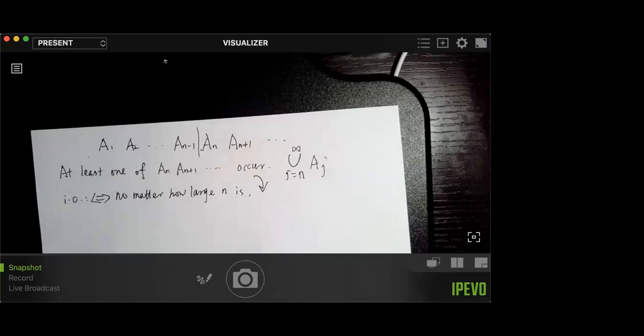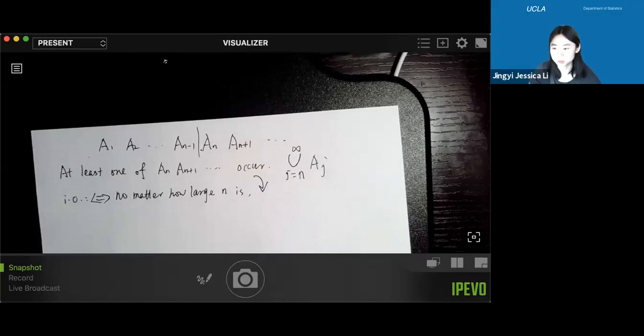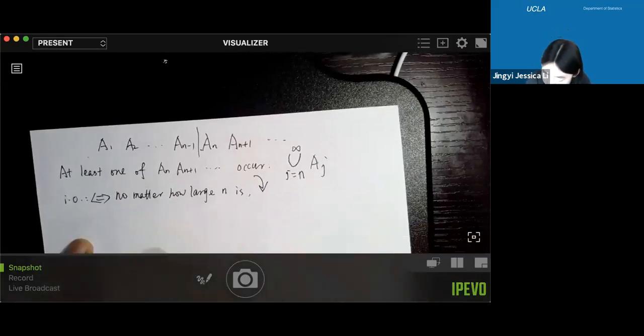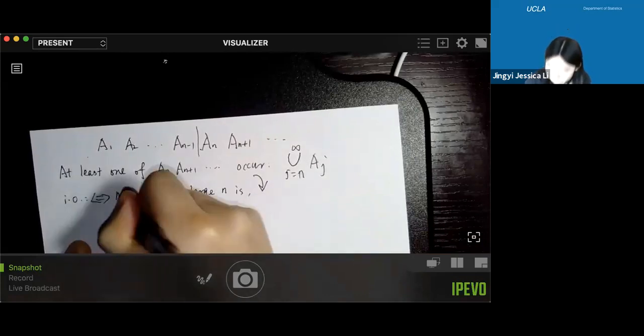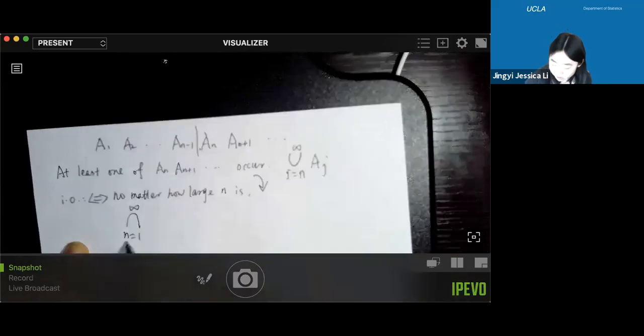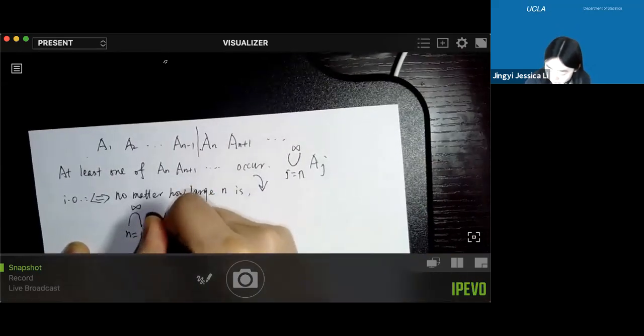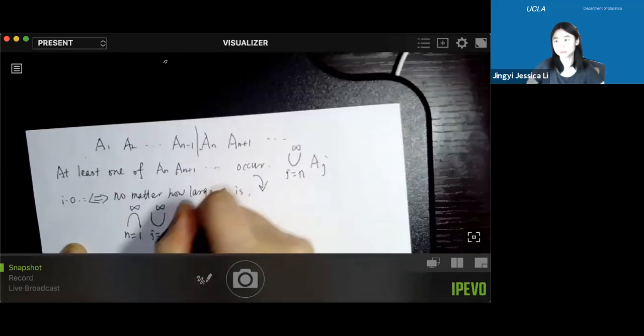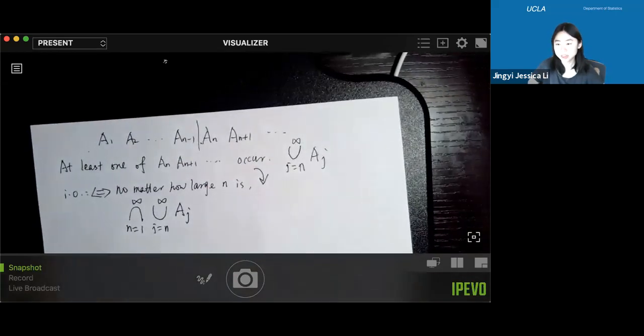Intersection? Yes, correct. Intersection, right? So union means one of them occurs. That's union. And intersection means all of them must occur. So mathematically, this becomes: we take the intersection for n going from 1 to infinity, and for each n, we take the union for j going from n to infinity. That's it. Okay? So therefore, the probability that A_j occurs infinitely often,